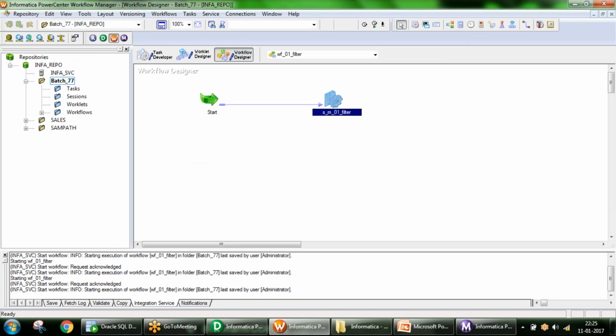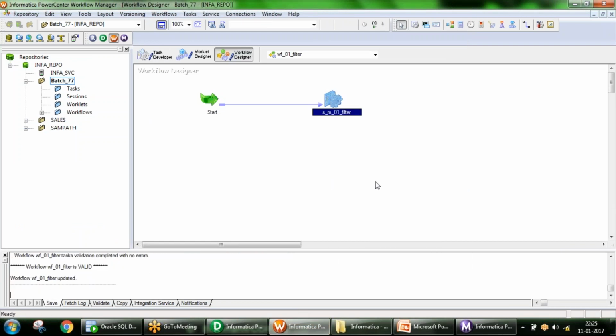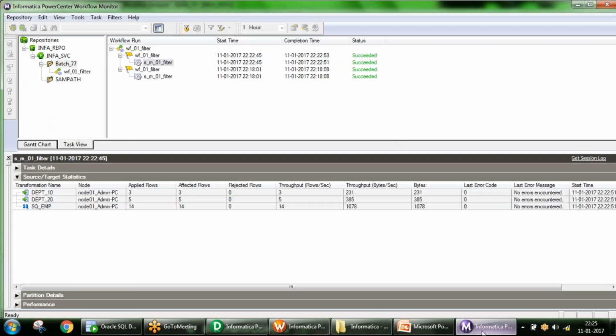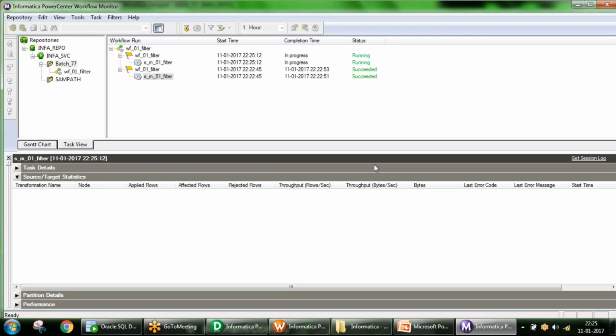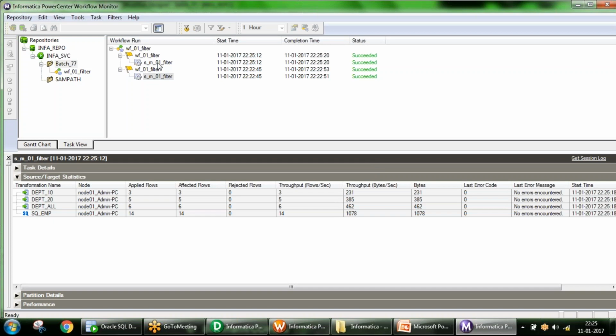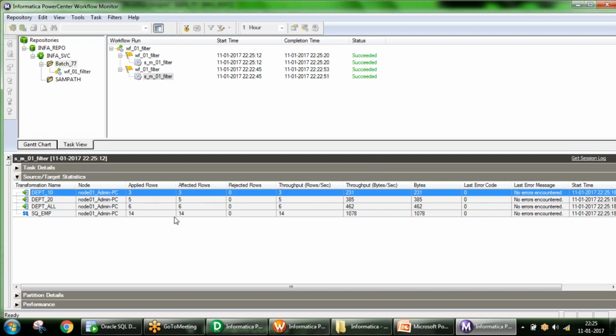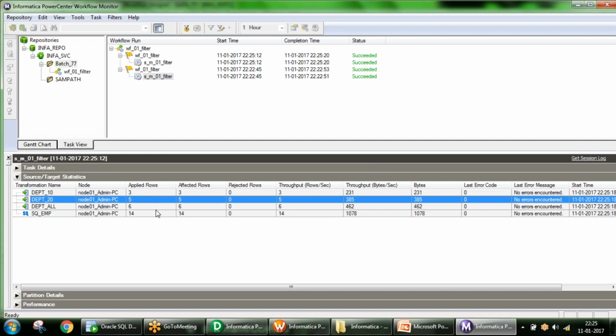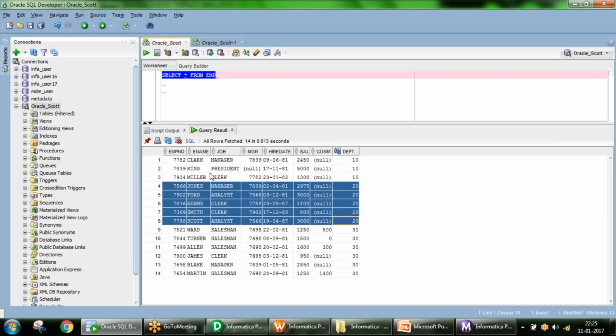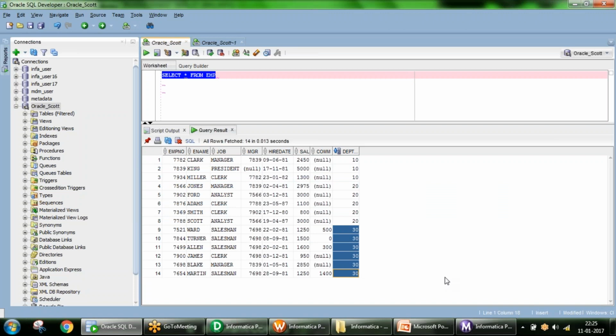Now again go ahead and refresh your mapping whenever you are doing some changes. Start your workflow. So that is the beauty of the ETL tool. You can extract data from different databases. At a time you can dump data into different target databases based on your criteria. Now we have 3 records here, 5 records, and the remaining records. Maybe DEPT equal to 30, 40, 60, whatever records we have, all will be loaded into your third target table. Clear?